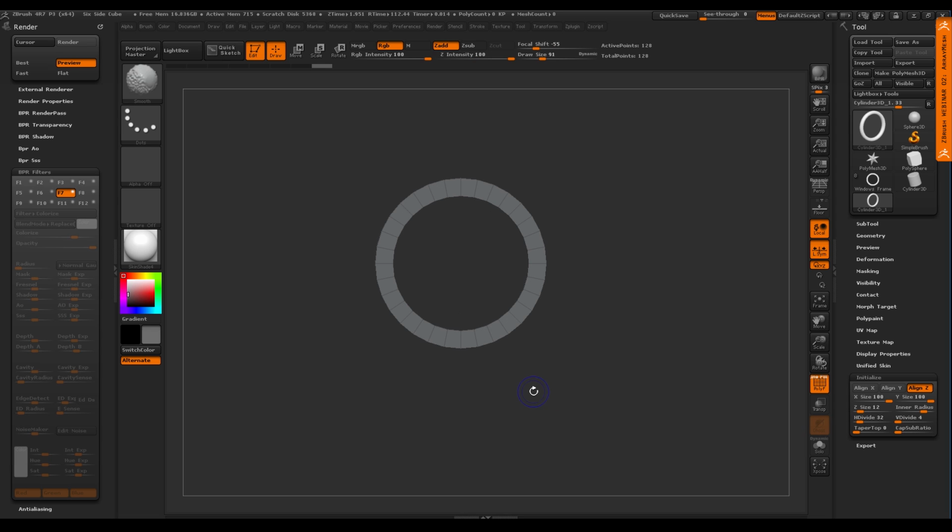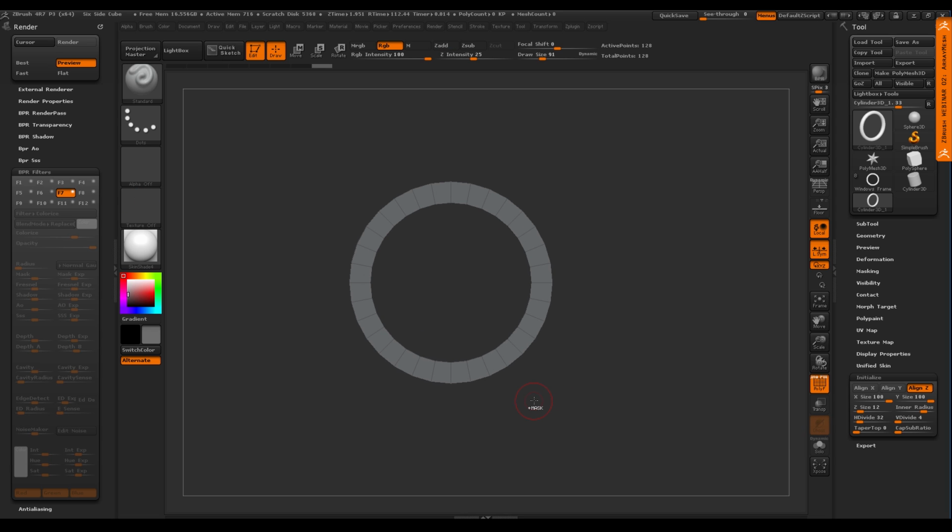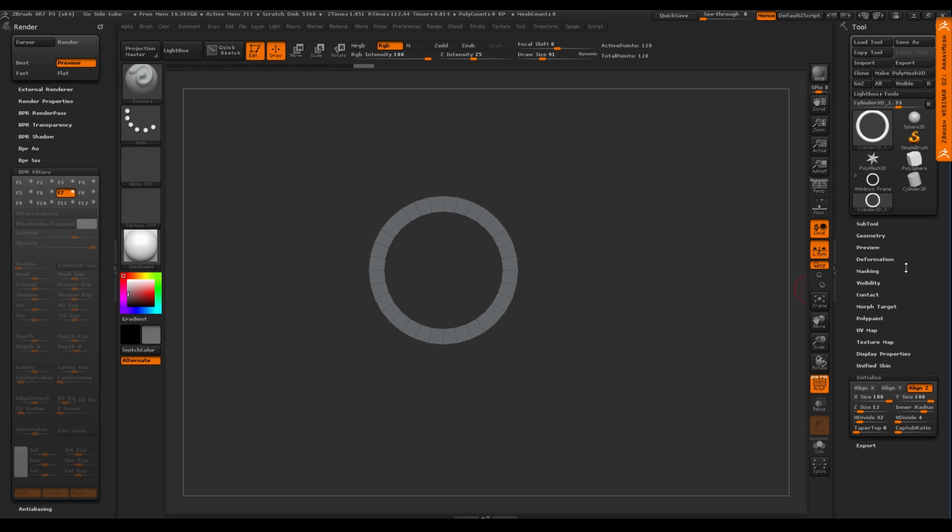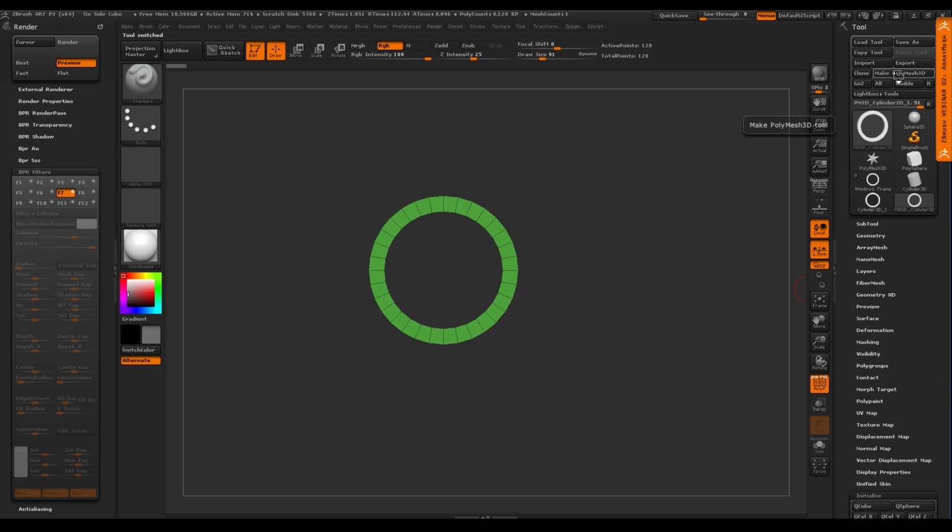But what's really important about this little technique I'm about to show you is you have a center line right here and right here. So if you start playing with this, you can see that's not perfectly sitting centered now right there. That becomes important for this trick that I'm about to show you with the array mesh we're going to do. Okay, so I'm keeping both of those. Perfect. I love it. It's fantastic. Okay, I'm going to click Make Poly Mesh.